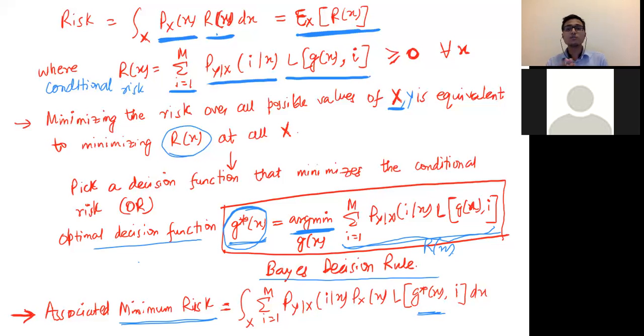So the Bayes decision rule basically is the optimal decision rule, and it cannot be beaten by any machine learning system. So this is the mathematical expression for the optimal rule, and this is the Bayes decision rule, and this basically introduces just the fundamental concepts, or just the beginning, of Bayesian decision theory.